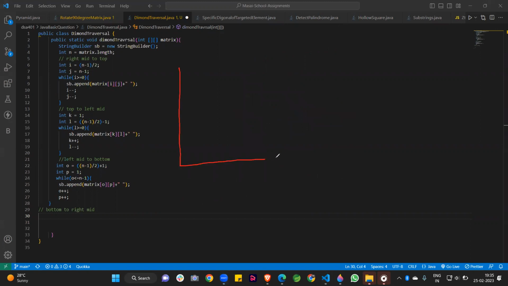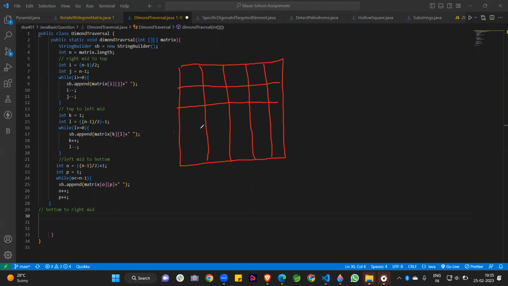In this, you understand clearly. 1, 2, 3, 4, and 5. So 1, 2, 3, 4, and 5. So this is our middle element.